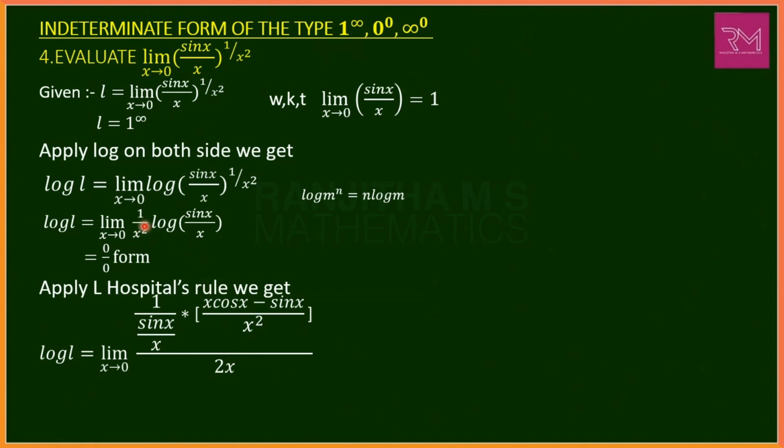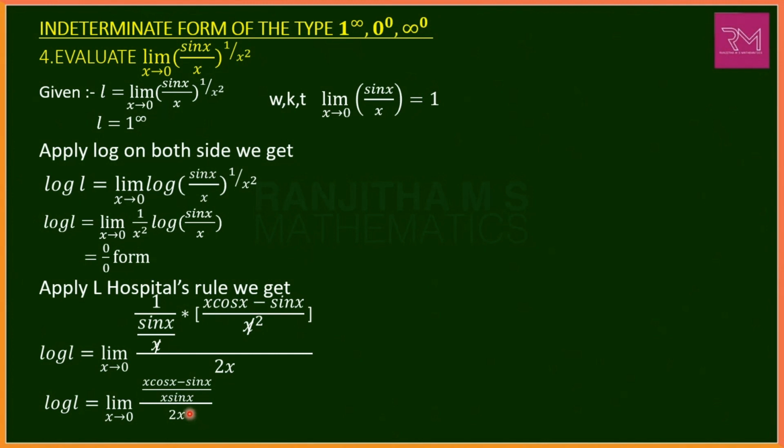Whole divided by, we have to differentiate the denominator separately. Differentiation of x square is 2x. We have to differentiate carefully. Here numerator is log of sin x by x. We have to differentiate numerator. Differentiation of log x is of the form 1 by, in the place of x we have sin x by x, into, again we have to differentiate this term using quotient rule, whole divided by, here differentiation of x square is 2x. Here this x and this x square, 1x gets cancelled, remaining is log L, which is equal to limit of x tends to 0. Here in the numerator we have x cos x minus sin x divided by, here 1x remaining, into sin x, whole divided by 2x as it is.